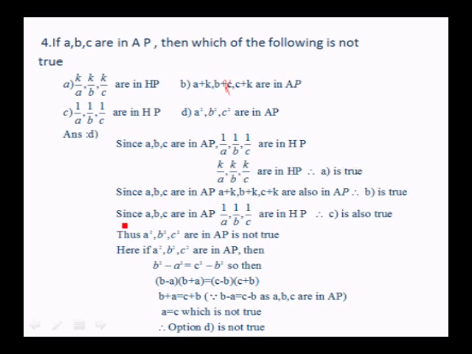If you take the second one, A plus K, B plus K, C plus K are in AP. The second one, B, is also true. Third one, whenever A, B, C are in AP, 1 over A, 1 over B, 1 over C are in